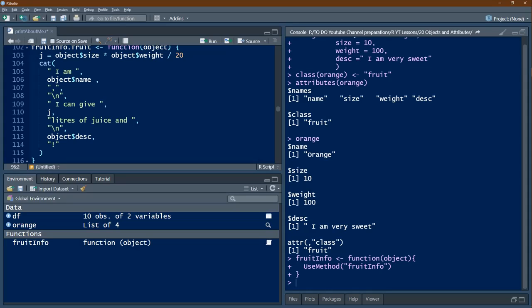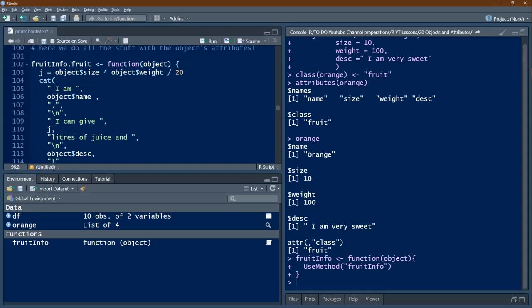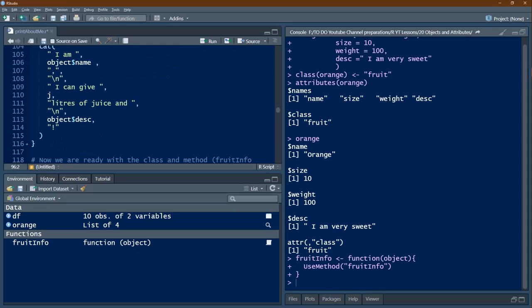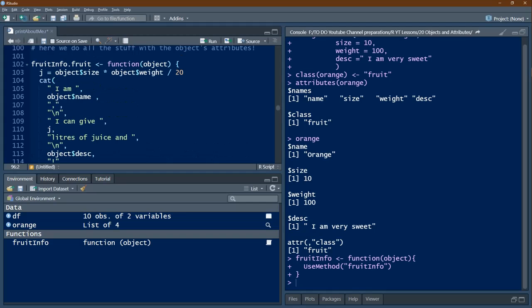I can give j. j is whatever calculated value, then liters of juice and then backslash n, then object dollar description. So I am so and so, that is I am sweet or whatever is written, that will come here. So the whole thing will be given as output, and that is going to be the work of the fruitinfo.fruit function. Okay. So now let us execute this function.